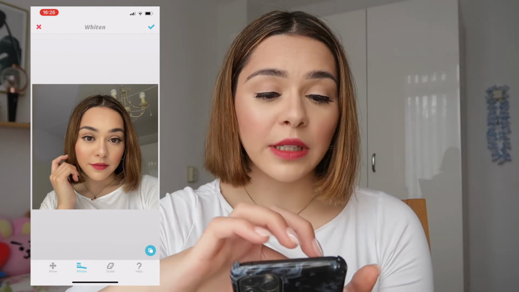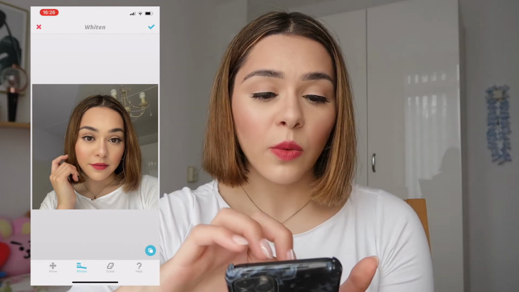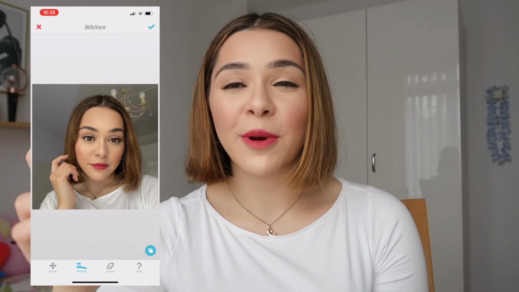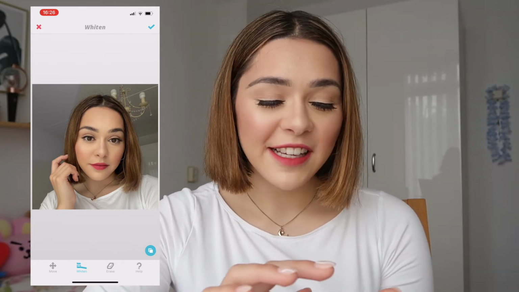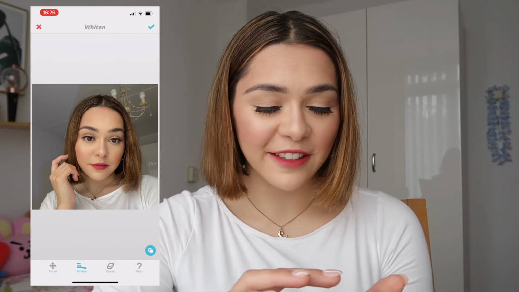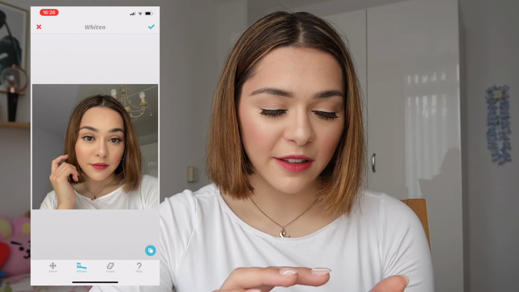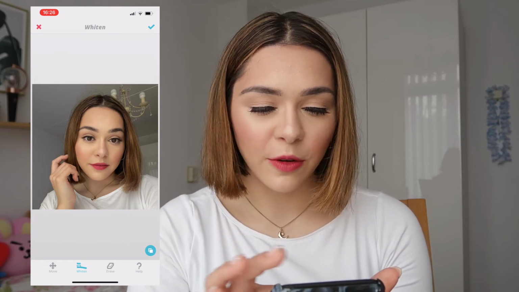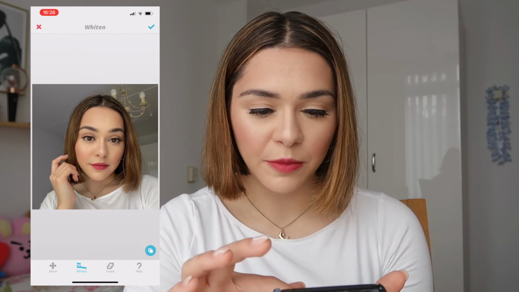I really love doing it, and I actually always do that whenever I take photos in my room. There's one photo on my Instagram feed where I forgot to do the whitening tool, so maybe if you look closely you can spot which photo it is, but I didn't feel like taking down a photo and re-editing it and then uploading. I don't know why, I just forgot or pressed the wrong